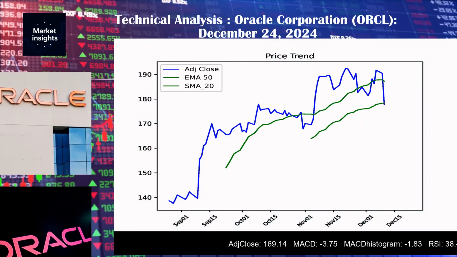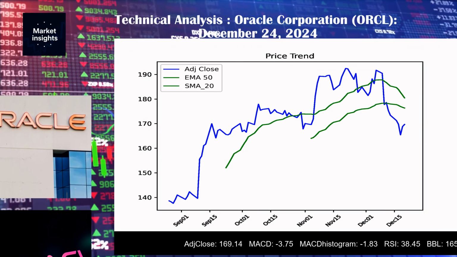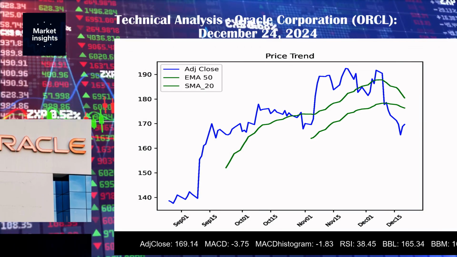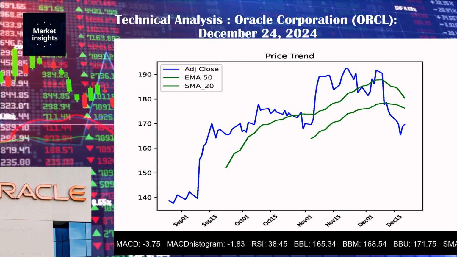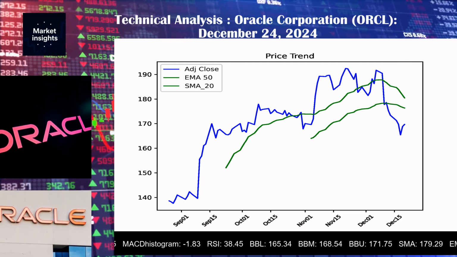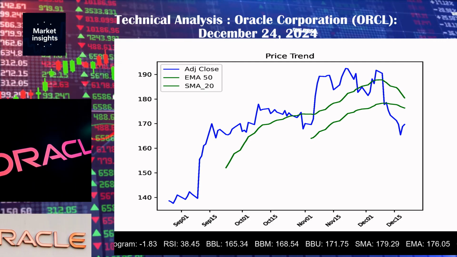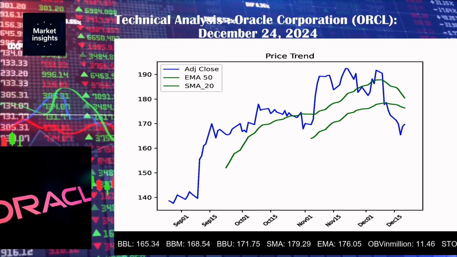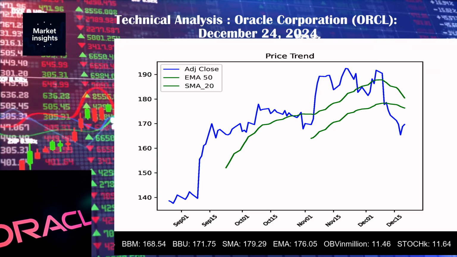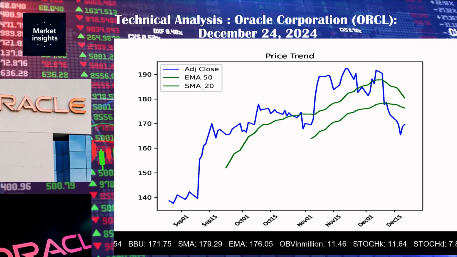So we're looking at a set of 9 charts here, each providing a different lens into Oracle's stock behavior. Let's start with the first one, the price trend chart. This chart shows a clear upward trajectory from September, peaking around mid-October, where the price reached approximately $185. Since then, the price has corrected downwards, currently trading around